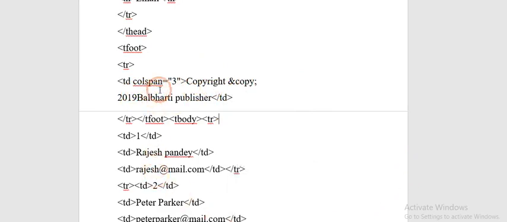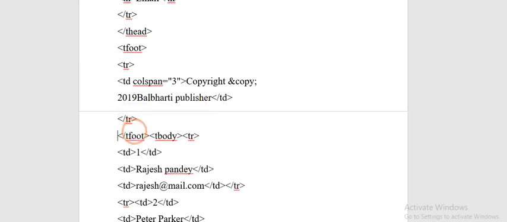Once that data is written, the td tag which is open over here gets closed by using backslash td. Then your tr tag. What is the use of closing the tr tag? It indicates that you have completed with the row. Next is the t-foot. So here the table foot is also completed, so the t-foot tag which is opened over here gets closed over here.